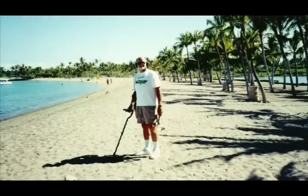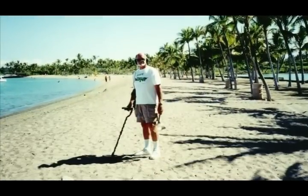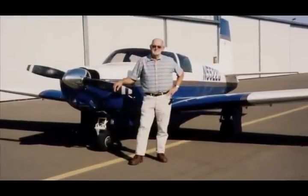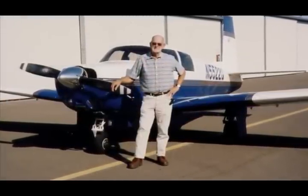Jim's love of treasure hunting has always combined with his love for flying. Having his own plane gives him quite the advantage in scoping out new sites. One of the things that I have is a Mooney that I fly in. I used to have a Cessna, and I used it to great advantage while I metal detect. And the secret is